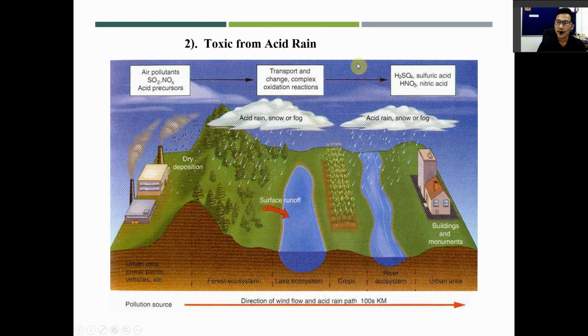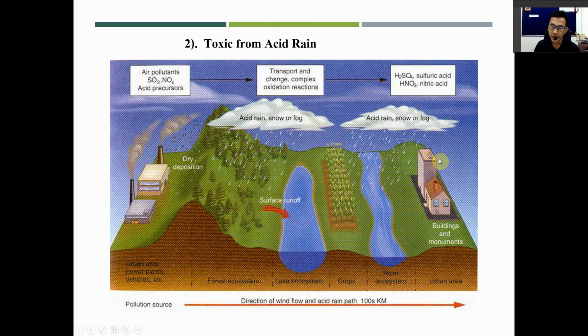All right, the second one, besides ozone depletion, we do have the problem of acid rain, which is really toxic, where you have air pollutants consisting of sulfur dioxide and nitrous oxide. These are totally acid precursors. With water, you can create sulfuric acid and nitric acid, and that can cause a lot of problems because